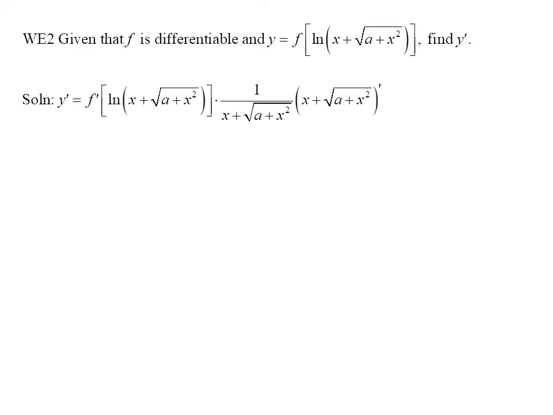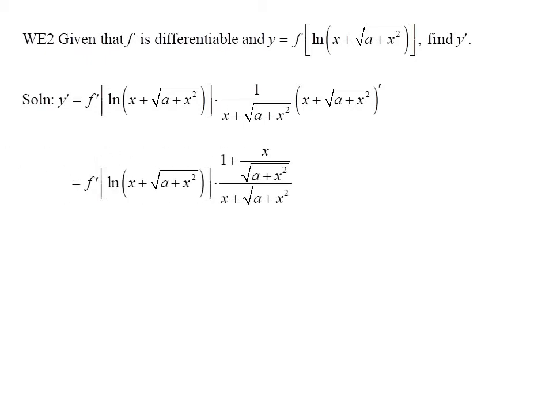So y prime equals f prime of natural logarithm of open bracket x plus square root of a plus x squared close bracket times 1 over the sum of x and the square root of a plus x squared times the derivative of x plus square root of a plus x squared, all in parentheses,